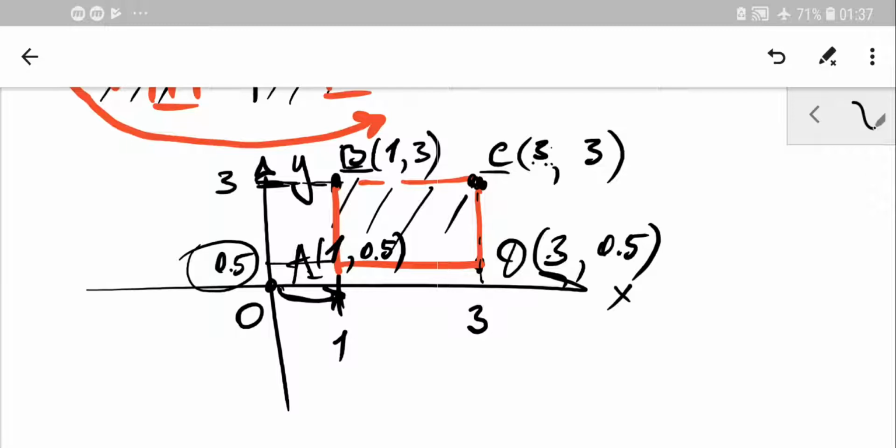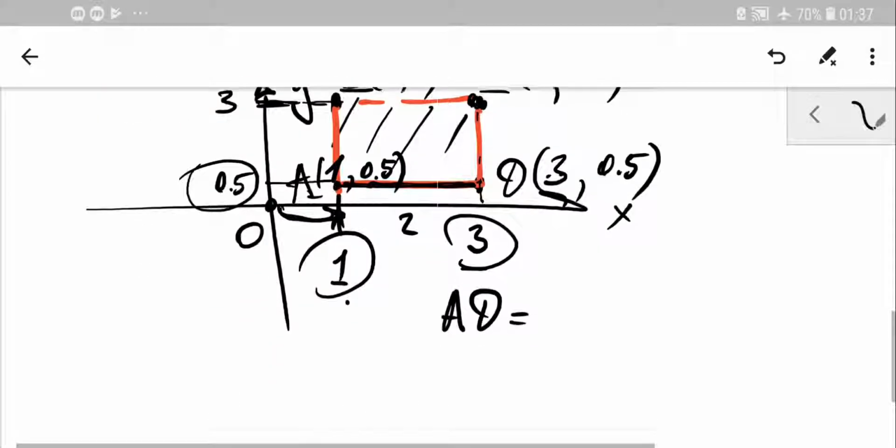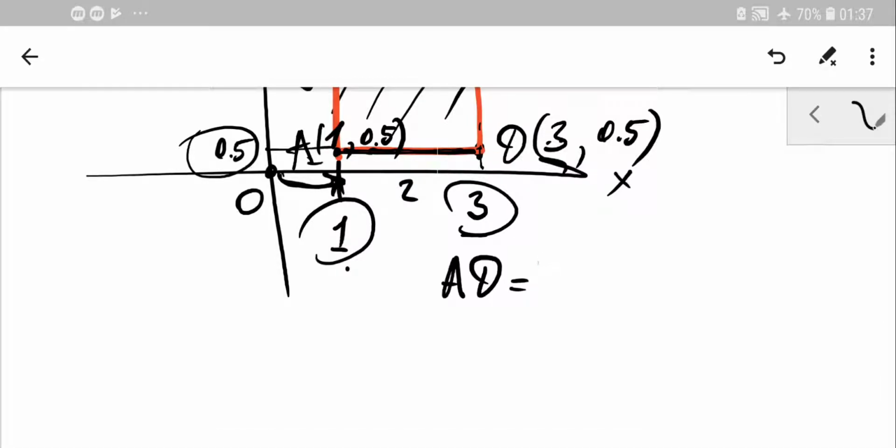And maybe you need to describe what kind of shape you'll get, like quadrilateral, maybe parallelogram, maybe just rectangle, maybe square, okay? In this case, it's definitely a rectangle, right? Because if you just measure the distance between 2 points, it's actually from 1 to 3, so how many steps you need to make in order to start from 1 and arrive at 3, obviously 2. So to work out the distance that AD represents, it's just the difference of x coordinates, right? 3 minus